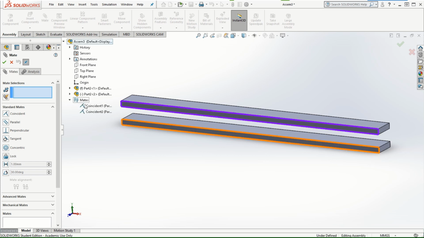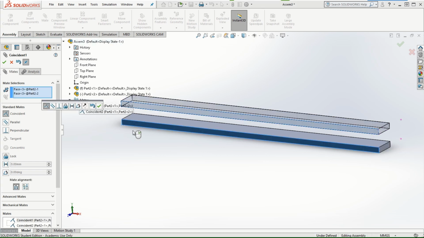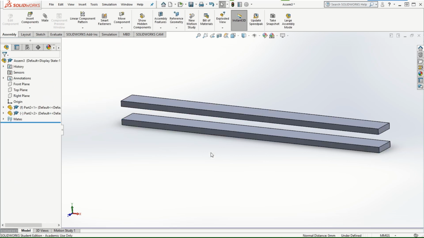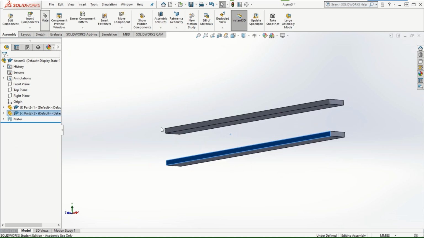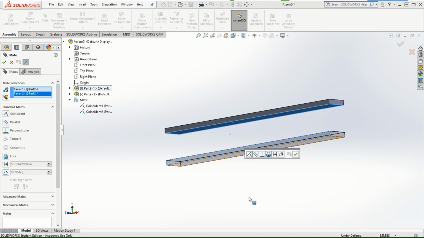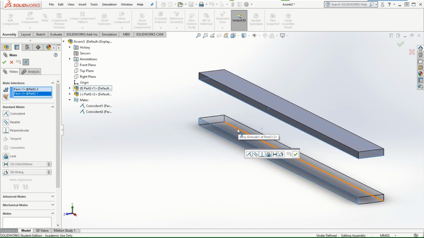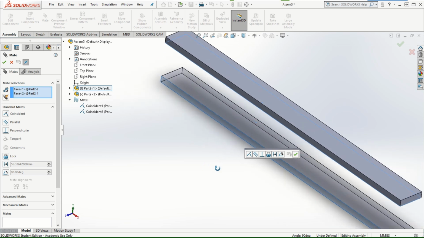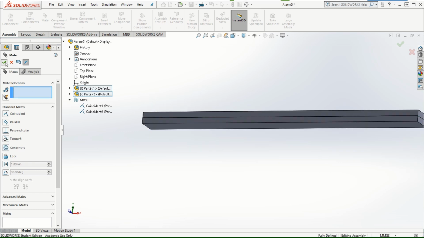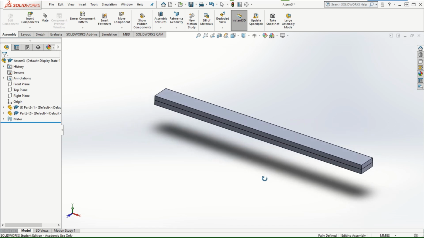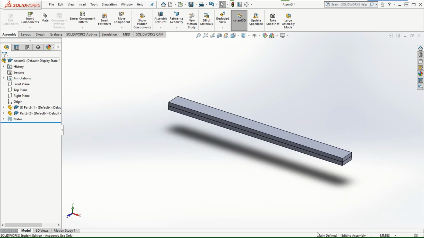For some reason I'm not able to get this assembly done. Let me try it one more time. This face, this face I want to assemble with that face. There you go. So once you create this assembly and once it's fully defined, then we can start off with